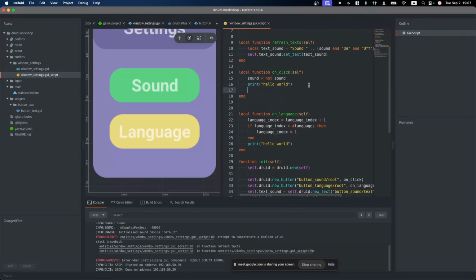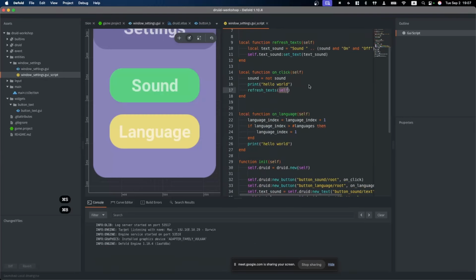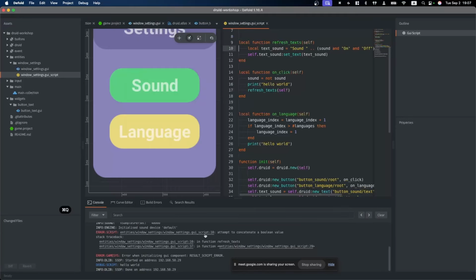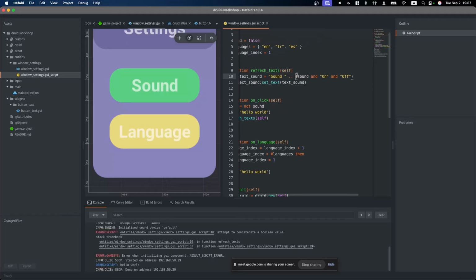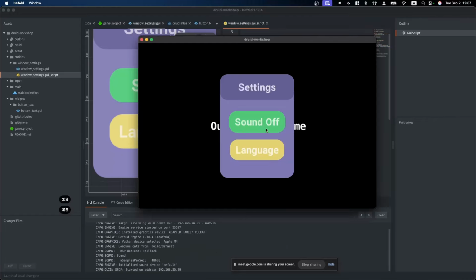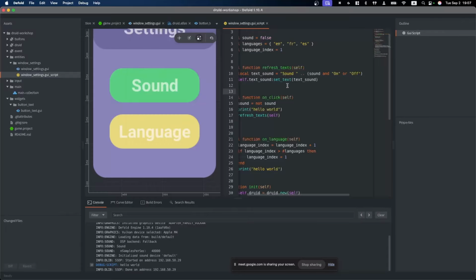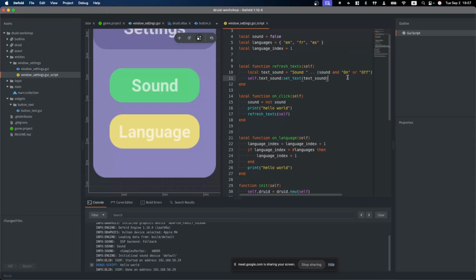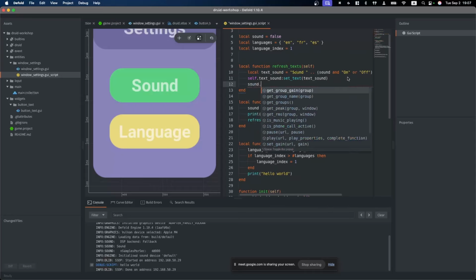We need to refresh text here. Refresh text here also. No, it's not. Just a simple on 10 line end. Yep, sound, thank you. Sounds off, sound on. Yep, perfectly. We have a place where we can update our sounds, because sounds often are kind of a sound